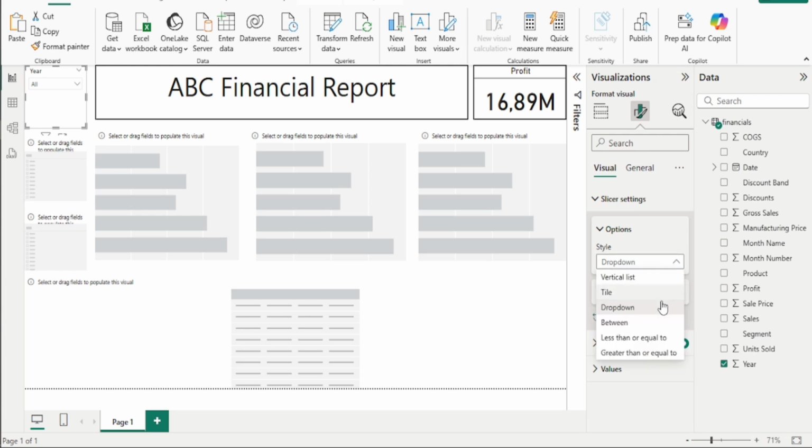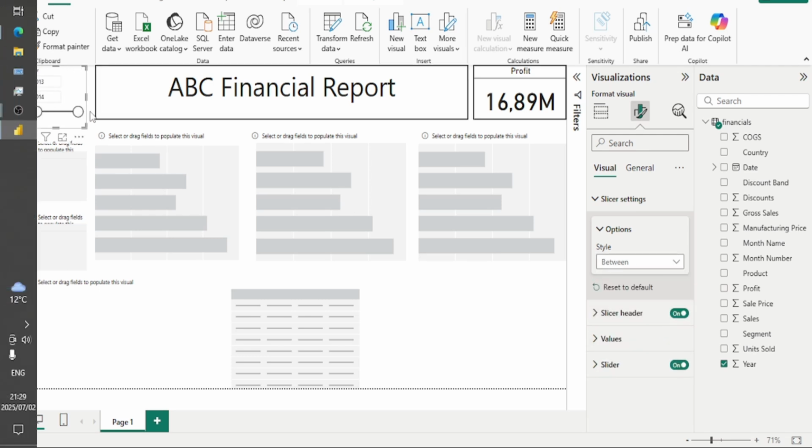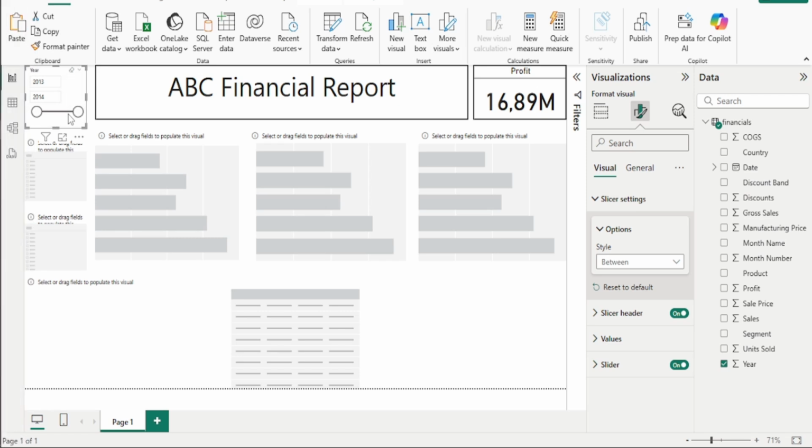I like this one. Between this is where you can resize it. If it is longer years, you will be able to make it small or bigger than that. If you want the range between 2013 and 2012, 20 something like that, you can do it. Or also you can type. And then let's not use this. Let's use the drop down. I prefer it. And then let's remove that, slide ahead,